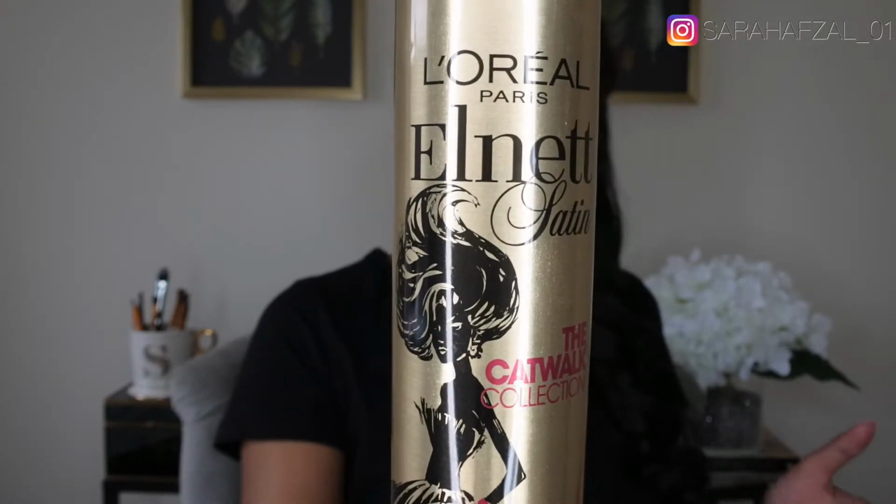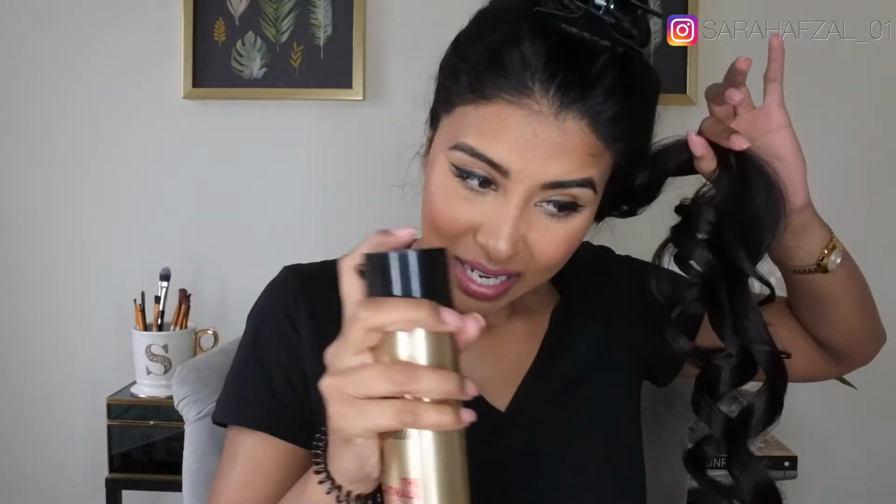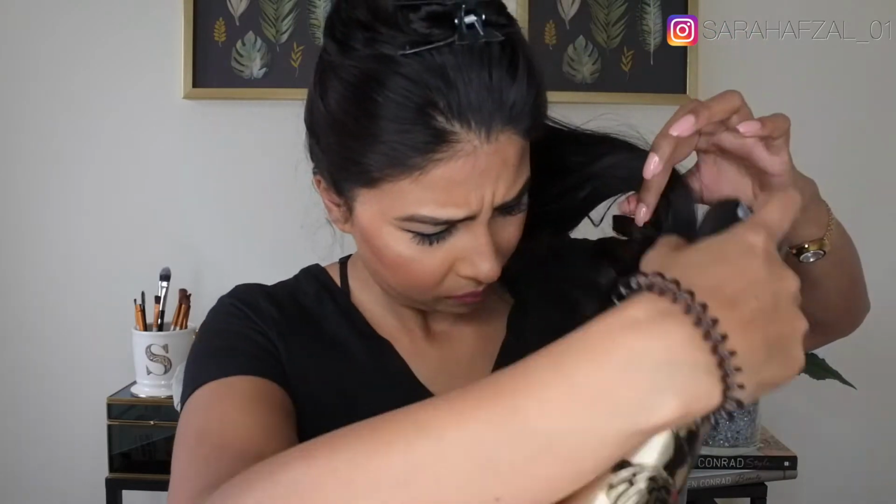So what I'm going to do is, I'm just going to bring my hair into just one area. I'm going to use the L'Oreal Paris Elnet Satin Hairspray, and it's got extra strength. I love this hairspray. It is not sticky, it's not heavy, and it's not in any way straw-like. So I'm just going to spray that onto the hair,